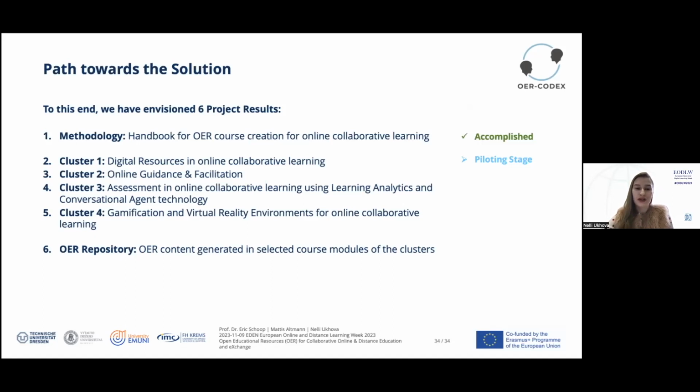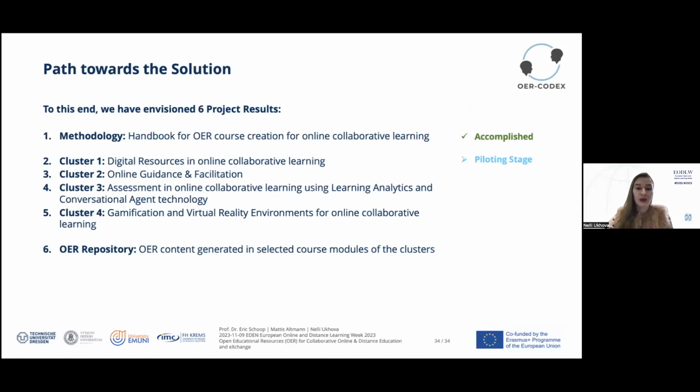This one focuses on digital resources in online collaborative learning. Further clusters, 2, 3, and 4, will be published later on, and we'll also be piloting them in order to test how well educators can engage in such arrangements and what still has to be changed in order to make it accessible for everyone.